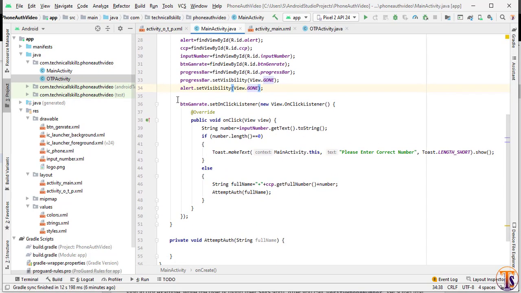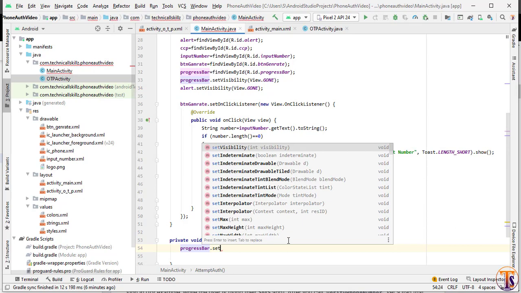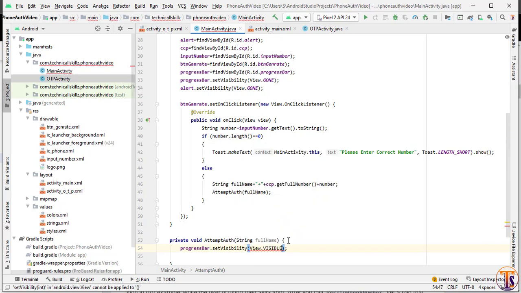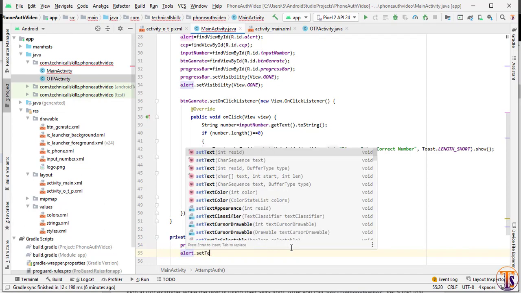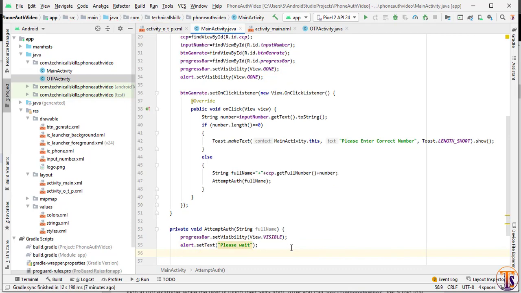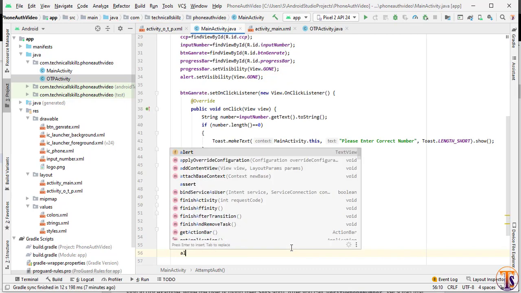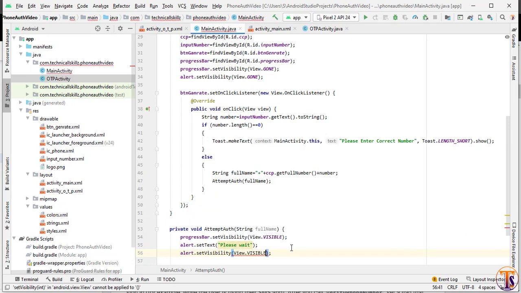When we click on this generate button and our number is correct, then we need to show this progress bar. So here we will call progressBar.setVisibility and pass VISIBLE. Now also we need to add alert.setText, and here we pass "please wait", and also we need to make this alert visible, so alert.setVisibility, and here we will pass VISIBLE.